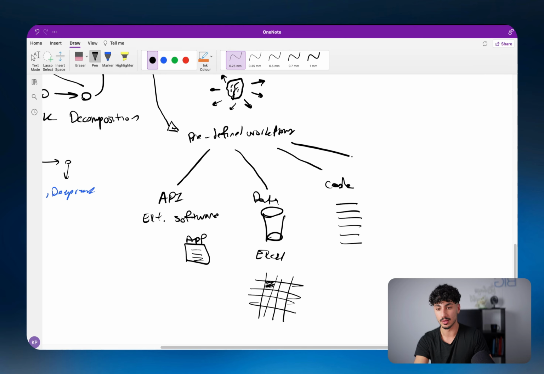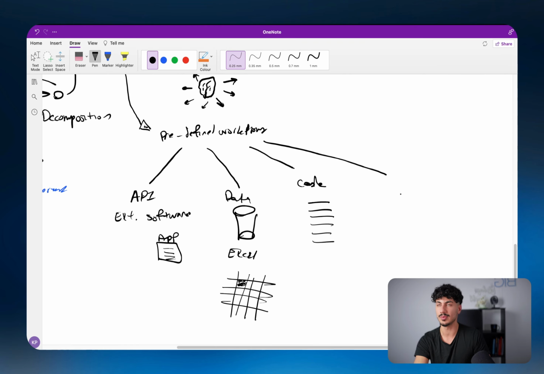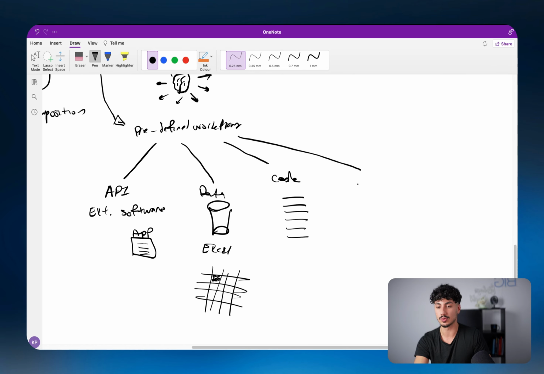Or the predefined workflow, and maybe this is actually not a predefined workflow. So yeah, maybe that doesn't exhaust all cases. But the tool that the agent uses could just be another agent, right? Meaning that the agent goes, okay, well, I've broken down the task into these tasks, and this task seems to be something that Joseph, let's say that's the name of another agent, is really good at. So I'm going to delegate this one to Joseph. And then Joseph says, oh, okay. And then he runs his own workflow and does his own thing and gives the output back into the workflow, right?